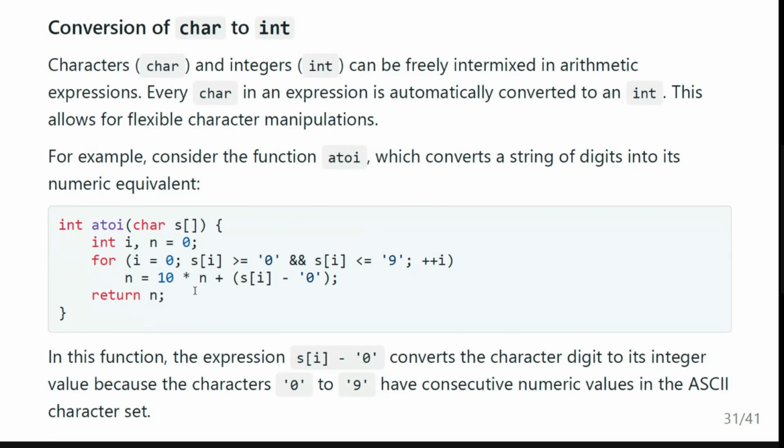Here, this character will actually be automatically converted to an integer. All right, so that's why, in the previous version, it's actually easier to store that in an integer, just for consistency. But here in this example,